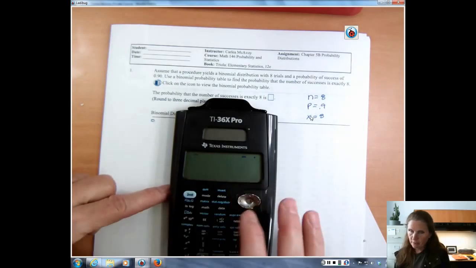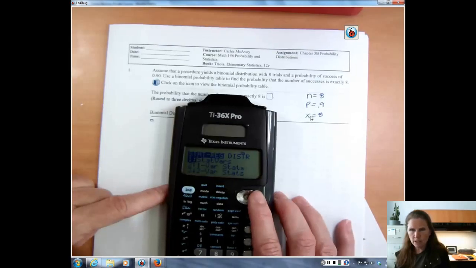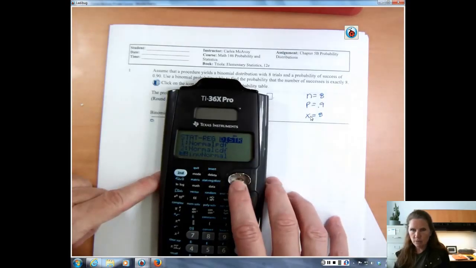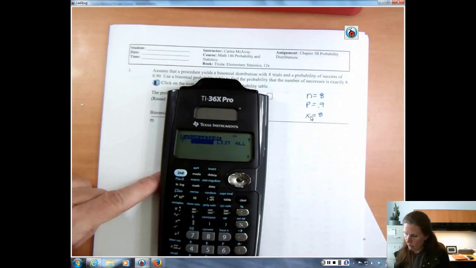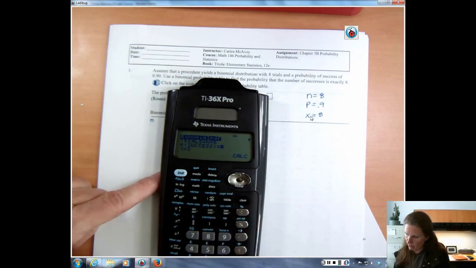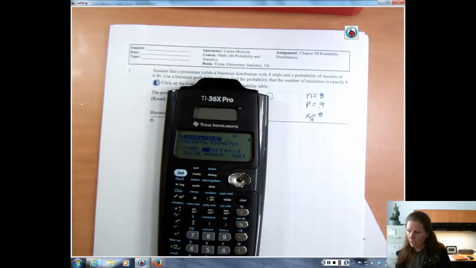So we go second function, quit to get out of that. Second function, data. One to the right to get to distribution. We're going to go down to binomial PDF, which is number 4. And then I want a single trial. I have 8 trials here. I'm going to clear that, just by hitting clear, and then do 0.9, and we want 8 successes, and we calculate that. You have to hit that twice, and it comes out to be